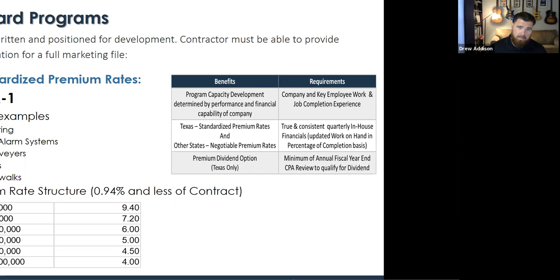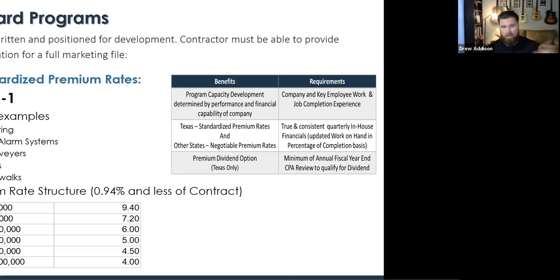Now, what's important to keep in mind is that we have all the processes, all the information, everything in place. You are already engaged, at least engaged with the construction CPA to get some sort of a fiscal year-end statement. You're providing quarterly updates. We have all the information filled out. We spent some time, we got the program set, standard programs, right? So the premium class is dependent on what scope that you do.